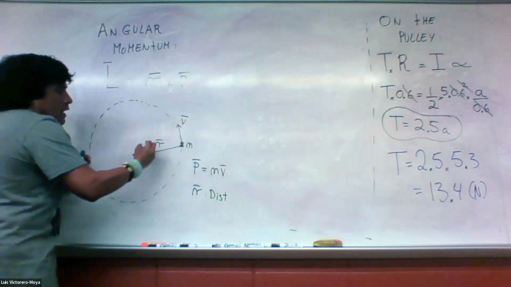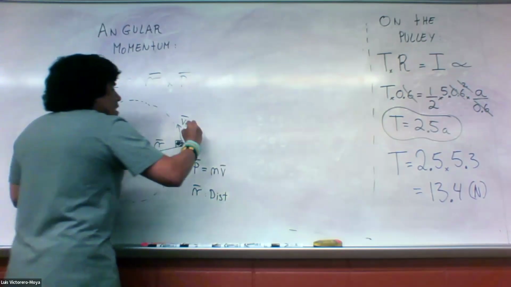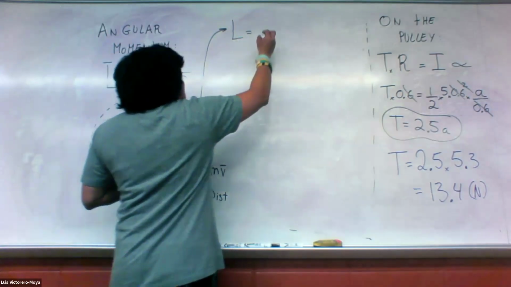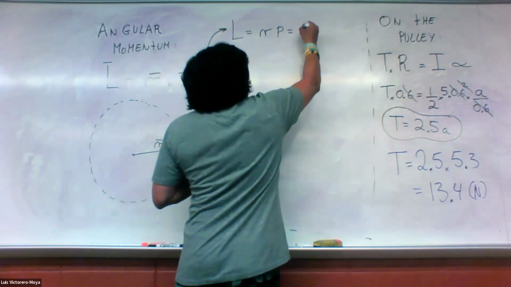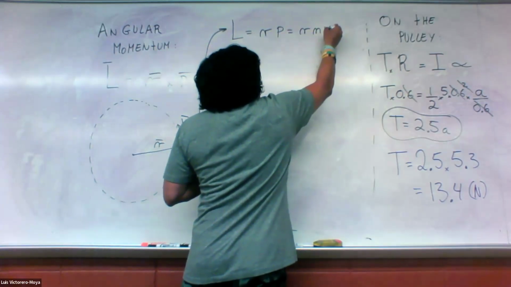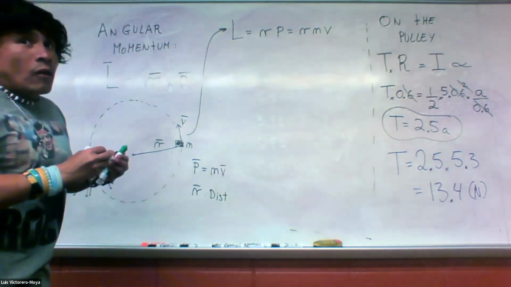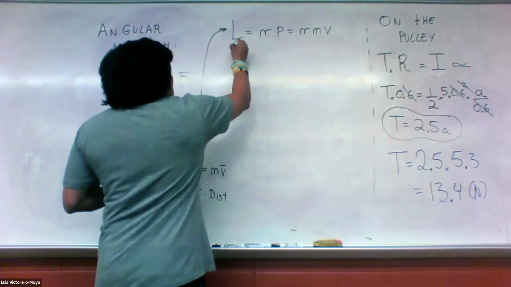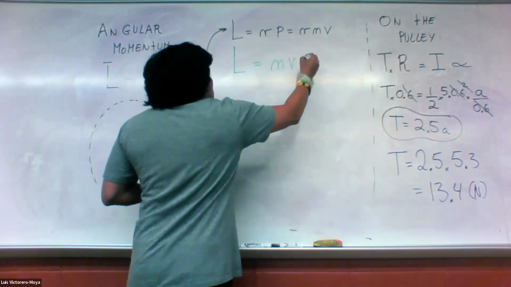If the velocity and the distance are perpendicular, in this case, the magnitude of angular momentum is just r p, which will be r m v. So, you know what are the consequences of this? If L is m v r,